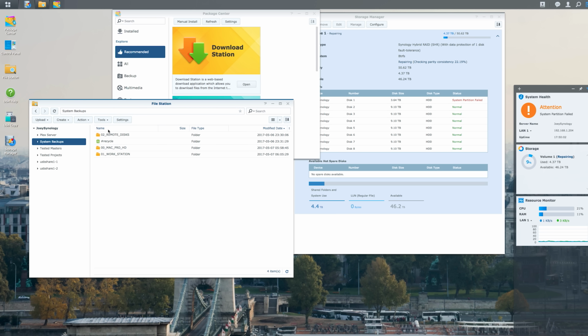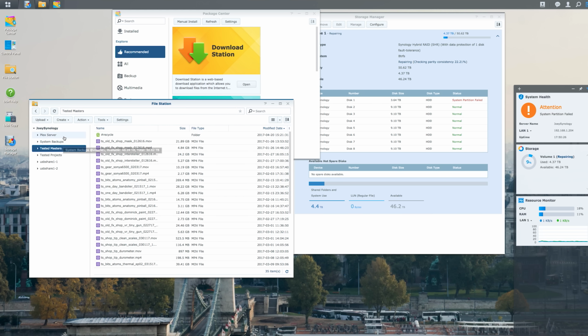System backups. So essentially every Friday or so, I will clone the Mac HD. I will take all of the disks, all of the workstations, and copy them over to the Synology. So the Synology acts as three main things: it holds the masters, it holds the projects, and it backs up everything. And then there's a Plex server, where I can actually watch our tested masters, or